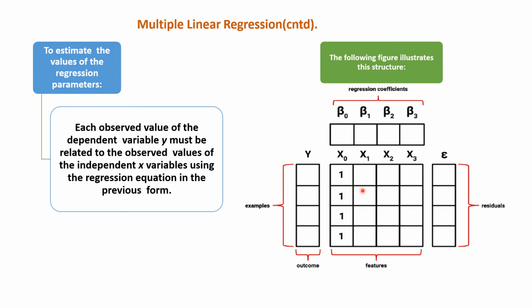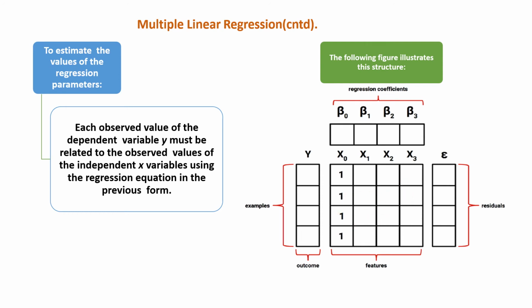Then x1 various values can be represented in these columns, x2 different values can be represented in this column, then different values of x3 can be represented in these columns. So this position is for identifying the value of y with these data, and this is the error term array. This array can represent the error value for this particular calculation.